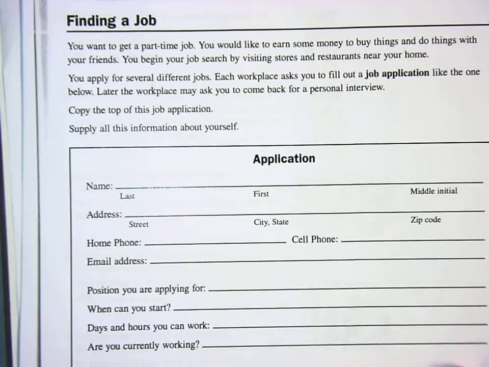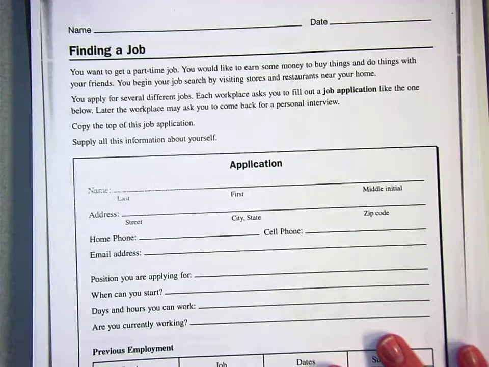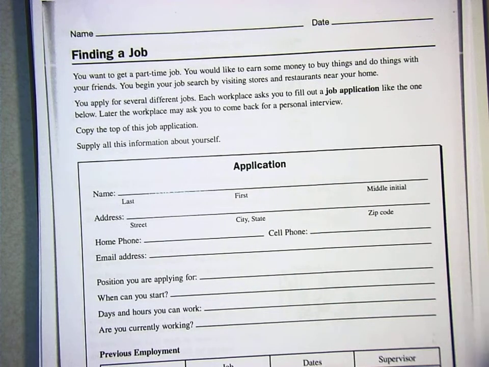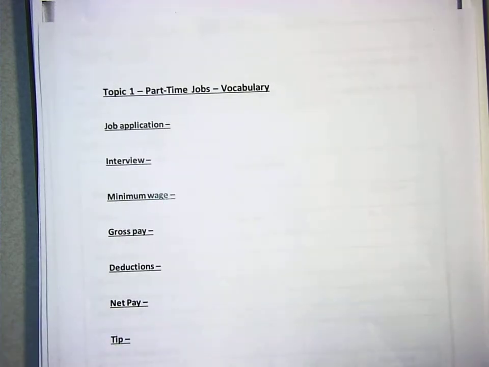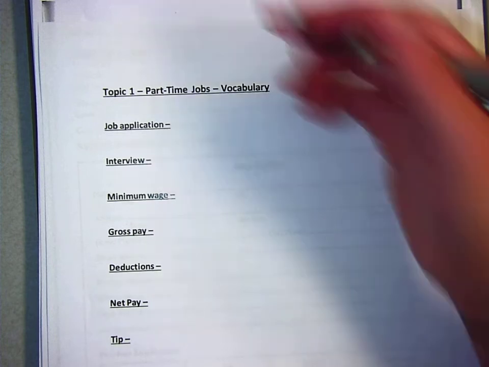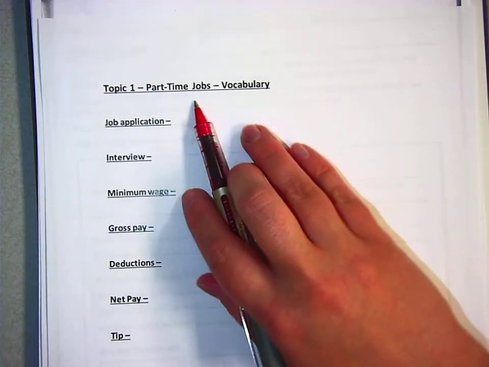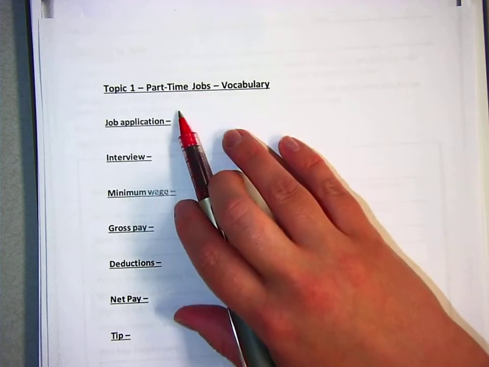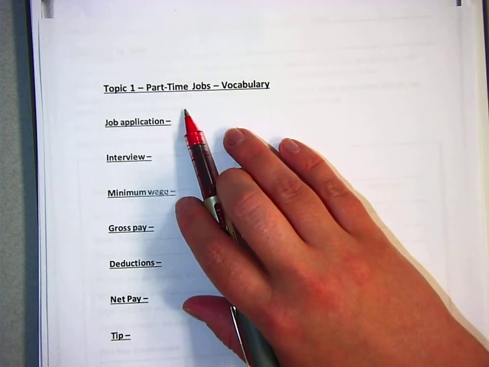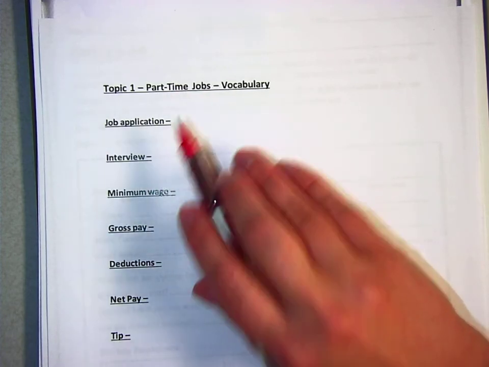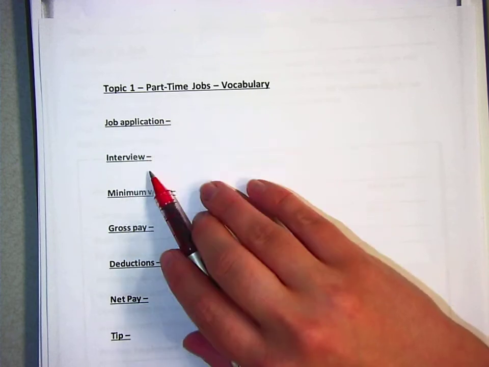Okay, so today is going to be a really short lesson. We're just talking about job applications and how to figure out very basically what you're paid. We're going to be filling out these definitions as we go in this class throughout topic 1, chapter 1, but there's not really a book. So this unit is all about part-time jobs, how to get a part-time job, how to maintain a part-time job, how to manage your money with a part-time job. And we're going to fill out two